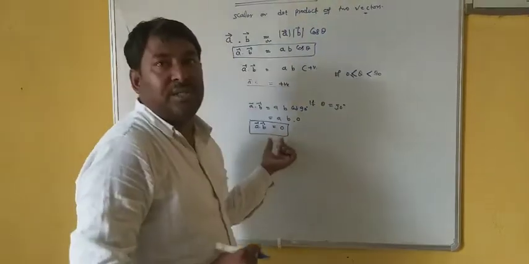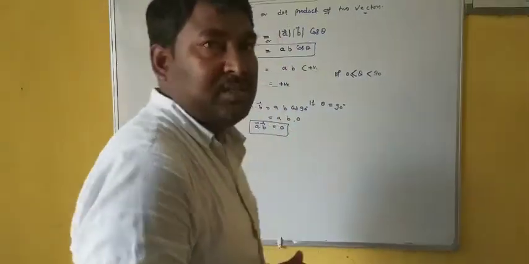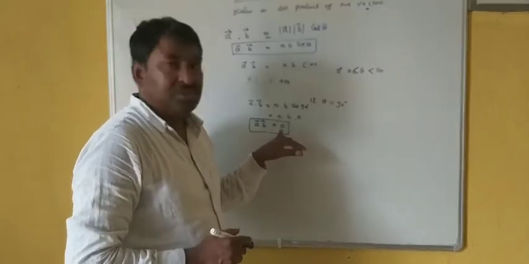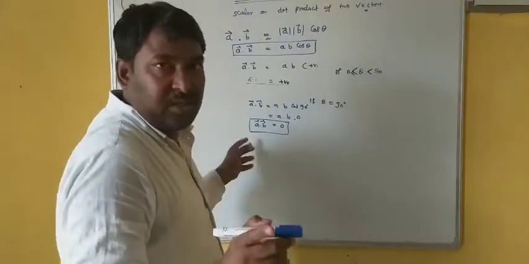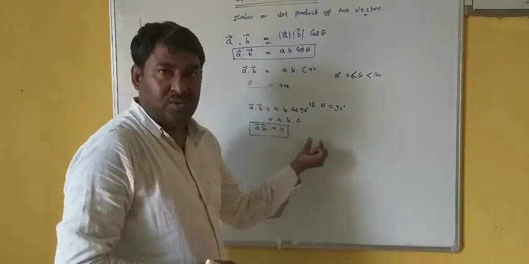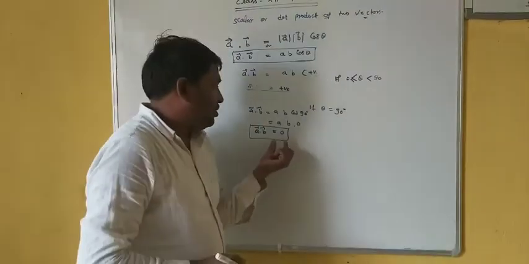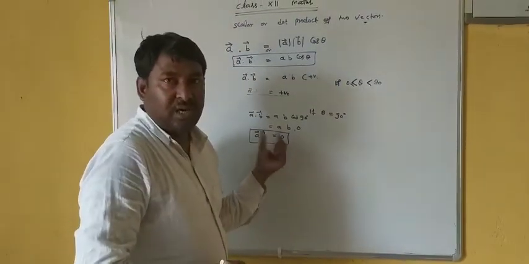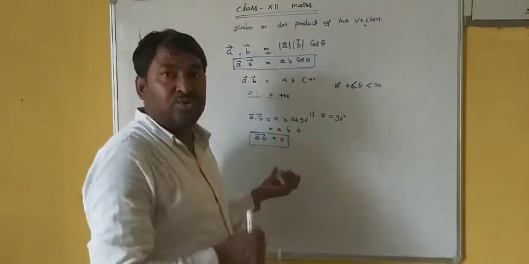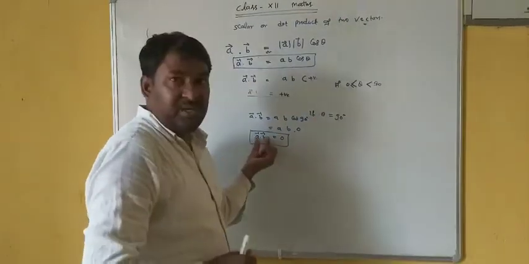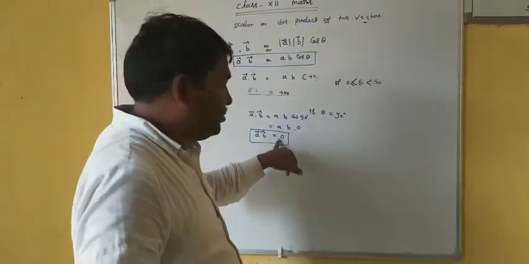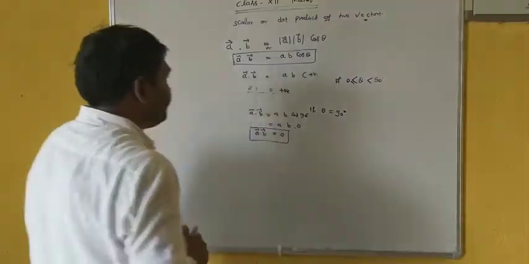So this is also known as the condition of perpendicularity of two vectors. As you know, when two vectors are perpendicular, then their dot product should be equal to 0. Quite obvious. When two vectors are mutually perpendicular to each other, then the dot product of those two vectors will be equal to 0. So this is your condition of perpendicularity or orthogonality of two vectors. They are also known as orthogonal vectors or orthonormal vectors. So two vectors A and B are orthogonal or orthonormal if their dot product is 0. Okay. Now see.